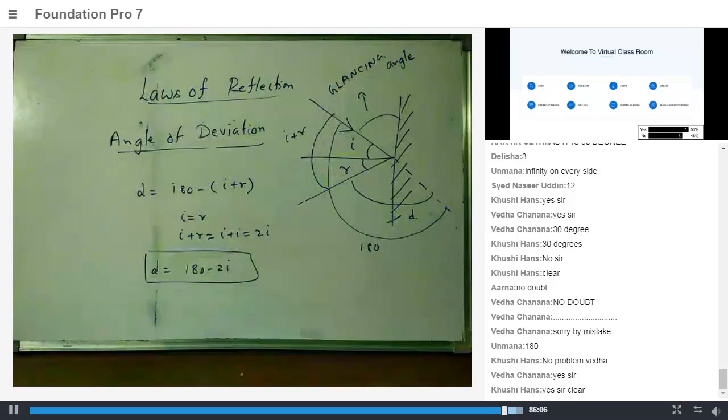I'll not ask you to do it. You do it on your own. Whenever you have to find glancing angle, you know enough mathematics to get that answer, right? So do we need to write down this one? You can just take down till here. That's fine. And you're required to know what is glancing angle.